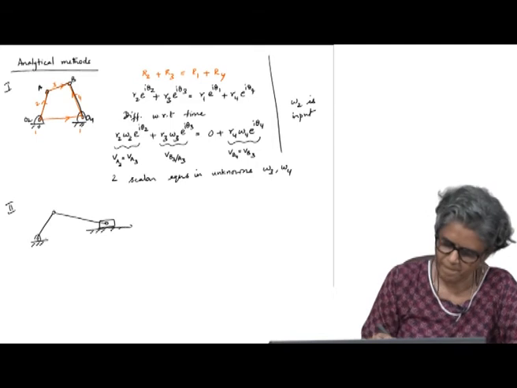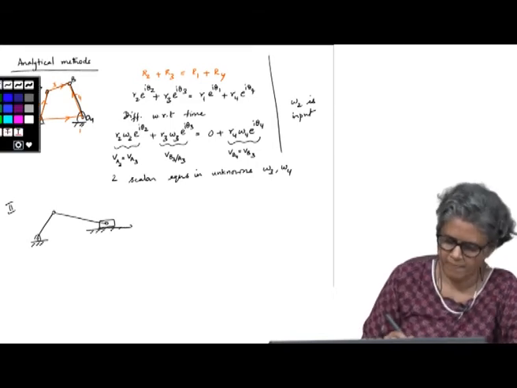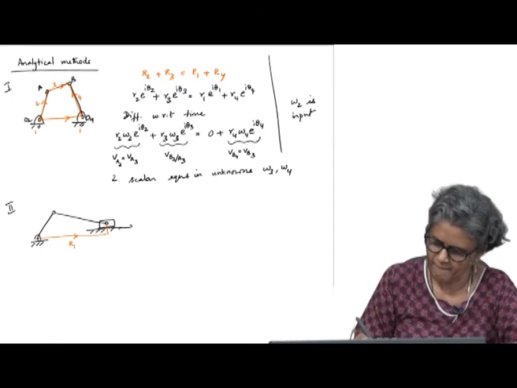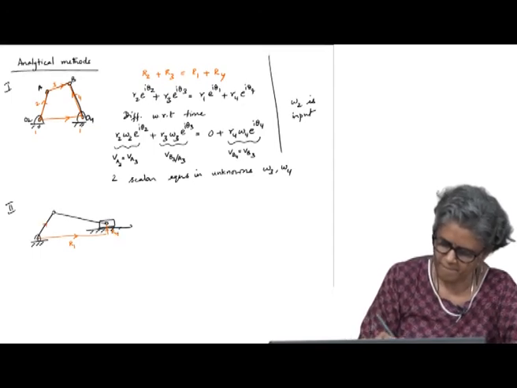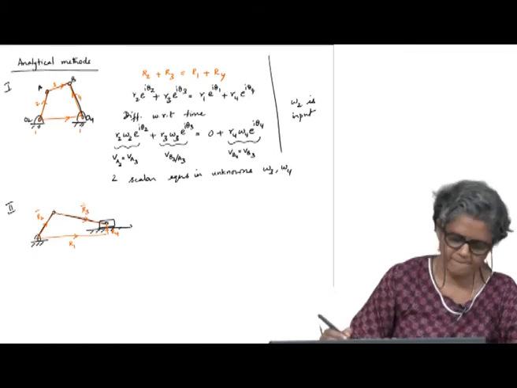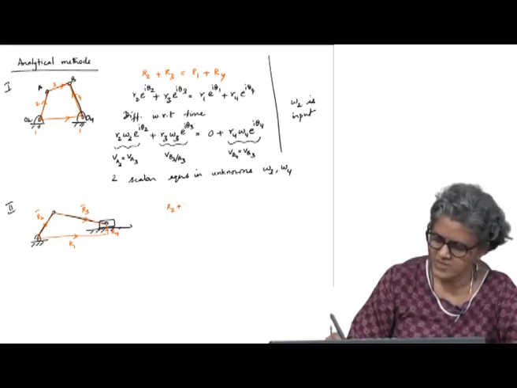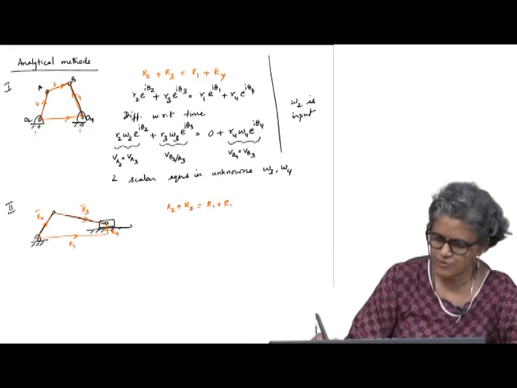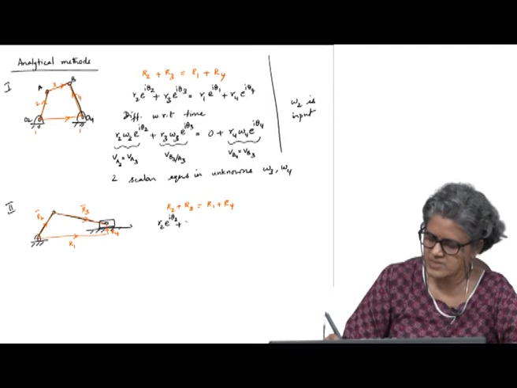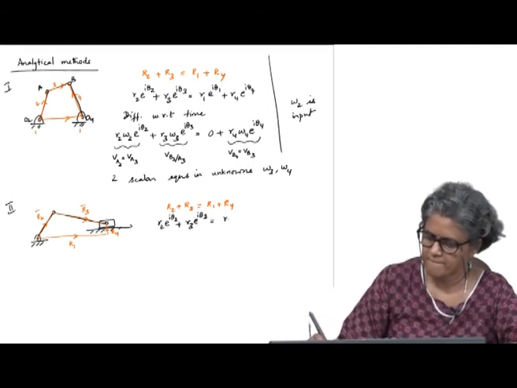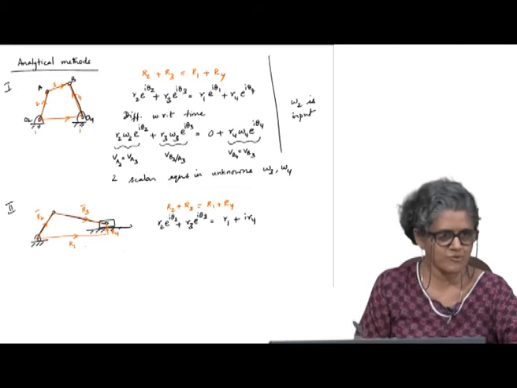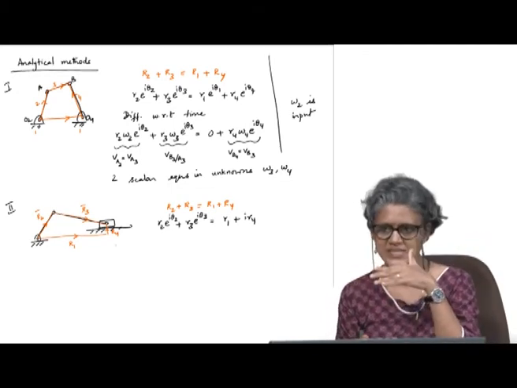Slider crank. So, I have R2 plus R3 equal to R1 plus R4. R2 e power I theta 2 plus R3 e power I theta 3 equals R1 plus I R4, because we choose R1 and R4 such that R1 is along the sliding path, parallel to